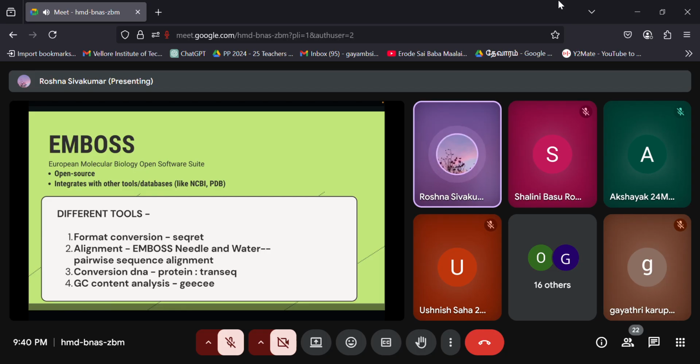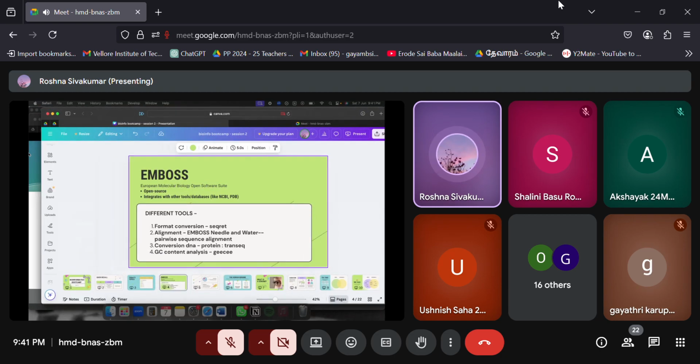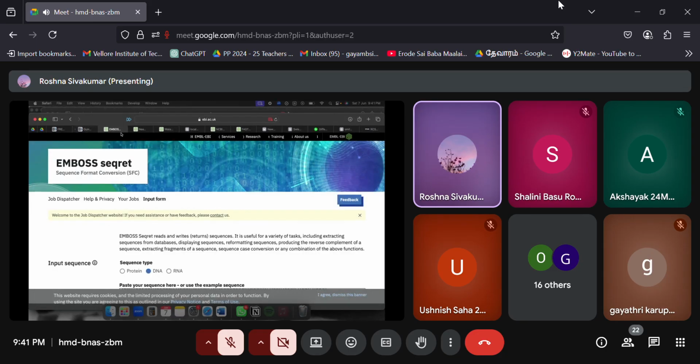Okay. So format conversion. For those who have attended Alchemix, you would have downloaded the files in different formats like FASTA or PDB, and trust me, there are hundreds and thousands of more formats, and it becomes really difficult when you're trying to upload them into different types of tools and get something out of them. So now I'll be introducing you to the very basic conversion tool of EMBOSS, and that is EMBOSS Seqret.